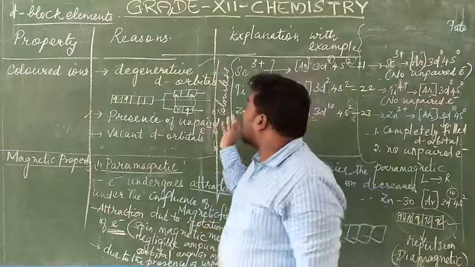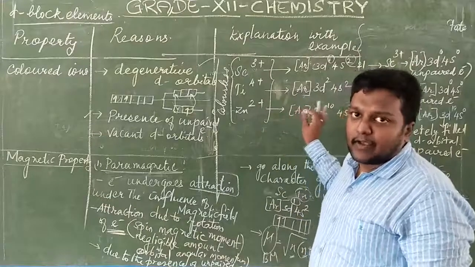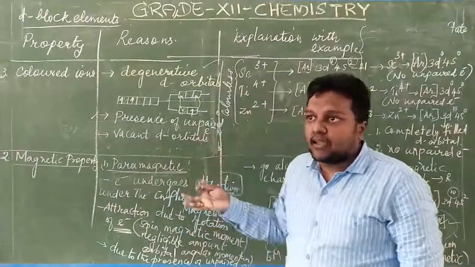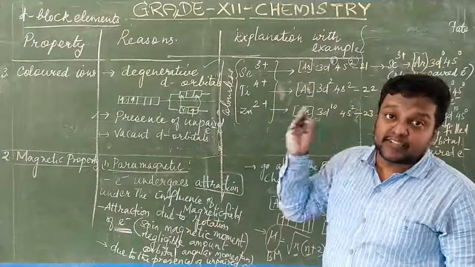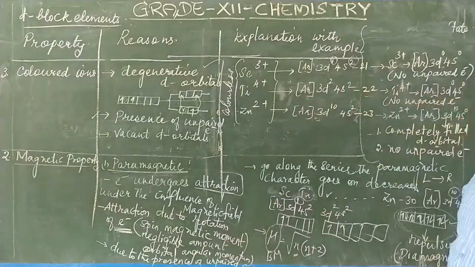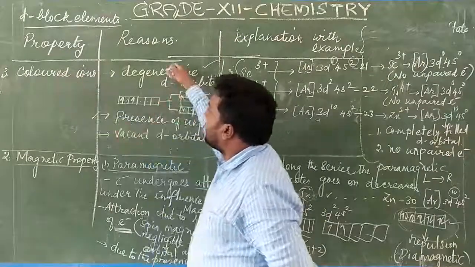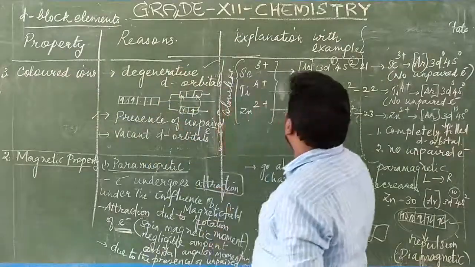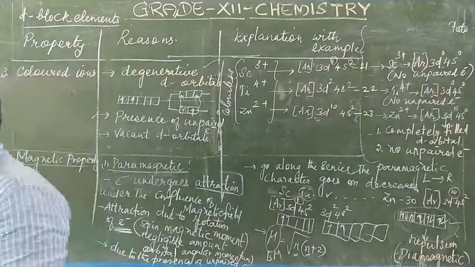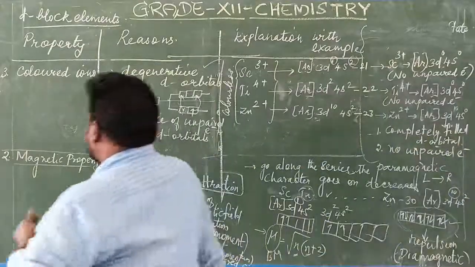But the remaining elements, or remaining metals when you take, they are colorful. They possess color. So they have the colored ion characteristic features because of their absorption and emission spectrum, and their complementary colors. Whichever color it absorbs, it will start to produce the complementary color. So that is called the colored ions. So in d block elements, you have to write why d block elements form colored ions. You have to write these 3 points and explain these 3 examples under 3 marks. So this is the formation of colored ions. The total 3 points have been given to you.